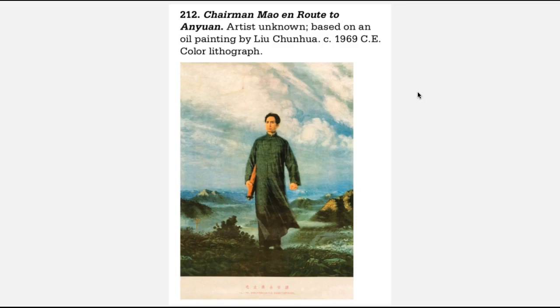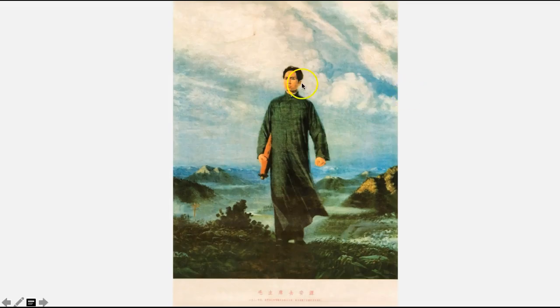Now, if you want to think about Mao himself, if you actually get into your history, in 1969, Mao did not look like this, right? Mao was an old man. Mao was about, I think, 80 years old or so by then. This instead is depicting Mao as a young man in 1922